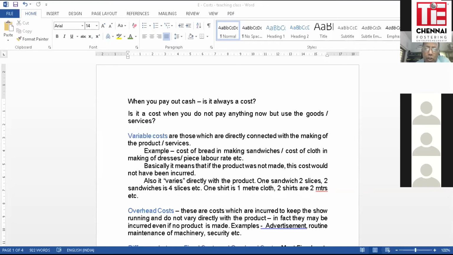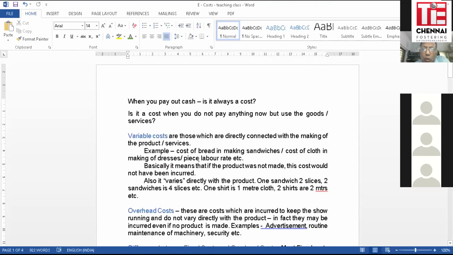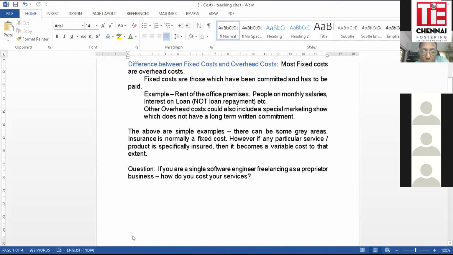Now, the types of costs. I have just put down 4 or 5. In fact, you can leave out the semi-variable. I will give you one example of that, but that's not so important. You have fixed costs, you have variable costs, you have sunk costs, and you have opportunity costs. Fixed costs. Now, for fixed costs, let me get back to our presentation here. Fixed costs are costs which you have committed to pay. Examples. Let me get on to the fixed cost first.